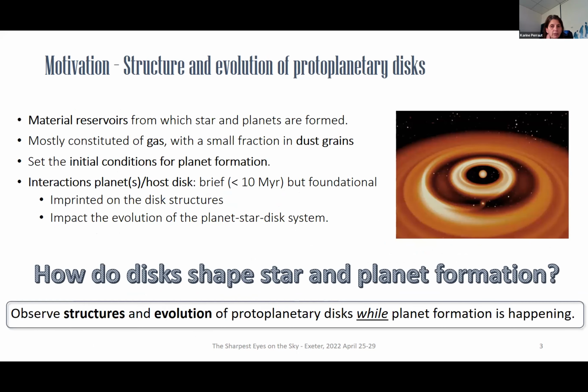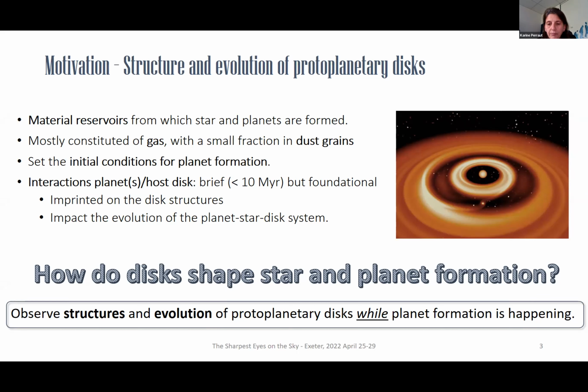So, protoplanetary disks, as said this morning, play a crucial role as they are the reservoir from which matter is accreted onto the star and planets are built. They are mostly constituted of helium and hydrogen gas with a small fraction of their content in grains. As they set the initial conditions for planet formation, the observed diversity of exoplanets might well be related to the diversity of the disk physical properties.